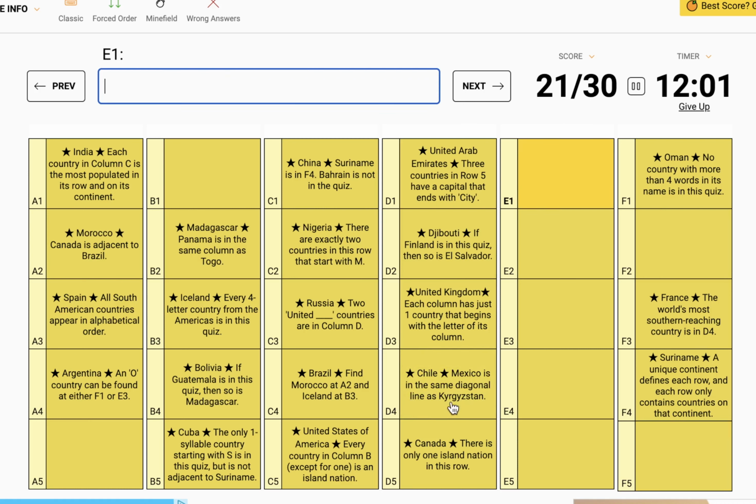Mexico is in the same diagonal line as Kyrgyzstan. So we're back to the Togo-Panama scenario. They can still go in E or F. We need a country with an E. But there's lots. There's Eritrea, Eswatini,